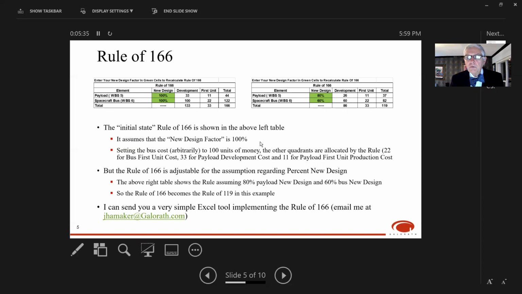By the way, the 80% and 60% is what I find to be rather typical of the new design for payloads and spacecraft today. They always start out lower in proposal stages and early conceptual development. We believe that our payload is going to be more off the shelf, more heritage, somewhat less, or maybe even a lot less than 80%. We also convince ourselves that the spacecraft bus is going to be more off the shelf, but it ends up being more like a 60% new design, typically looking back, for the bus and maybe 80% for the payload. But you can enter whatever you want into those cells, and the rule of 166 will churn out the arithmetic to split the cost. So if you'd like the simple Excel spreadsheet, email me at my